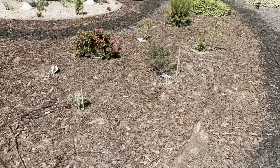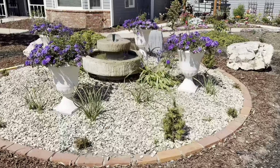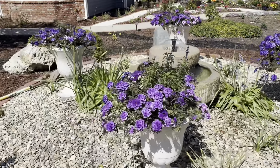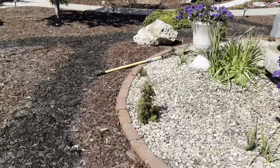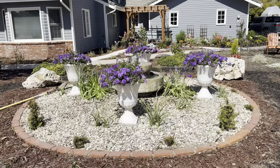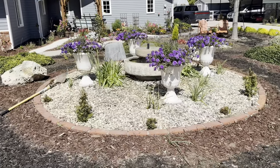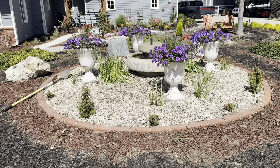So I moved those other as yet unidentified bulbs, that one clump over on the right, because the one was over here on the left. So it now is back to being a mostly symmetrical Druid Circle Fountain. And since I'm working on this, I think I'm gonna plant the rest of the, oh hey there lizard,